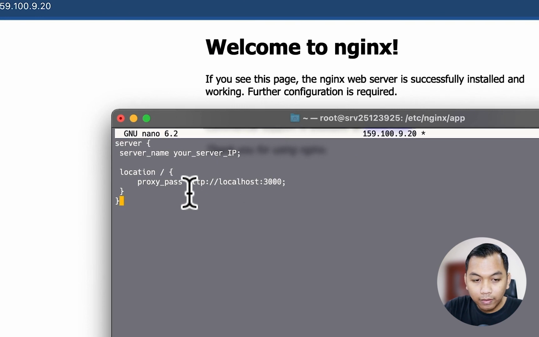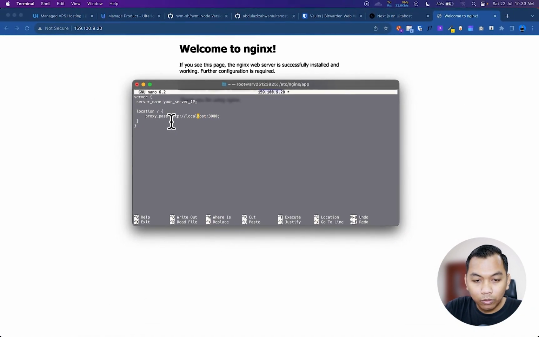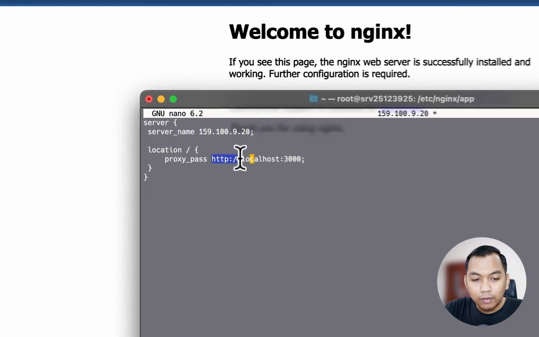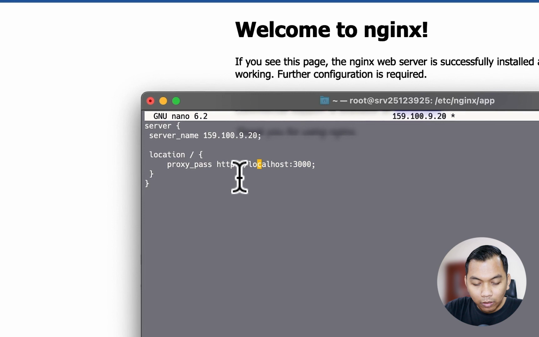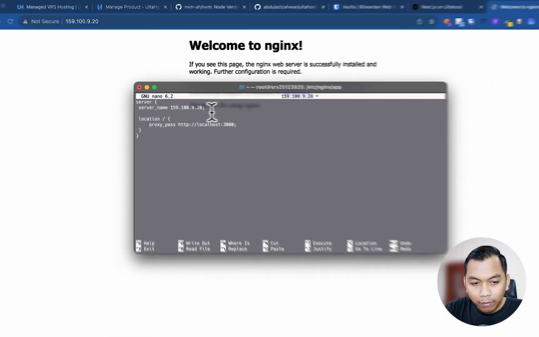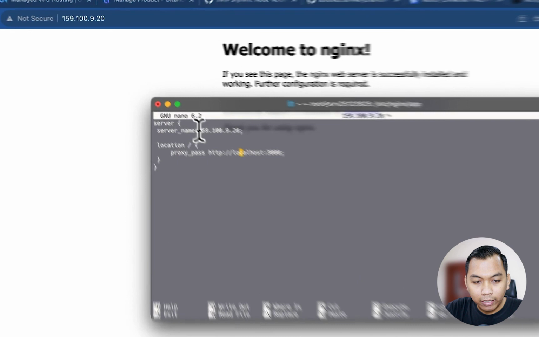So we can just paste here, and we can see we have a server block and then location. Let's change this to our server IP. This means our localhost will pass using this server name.